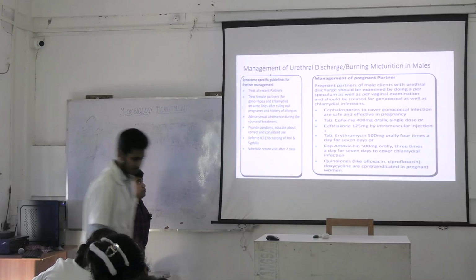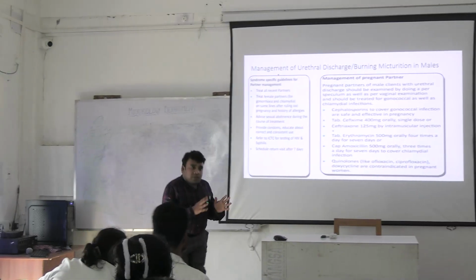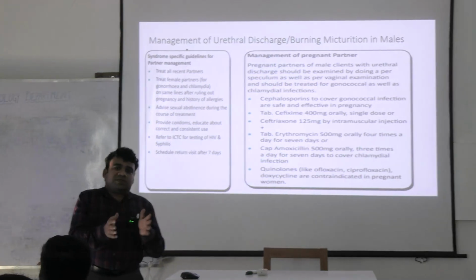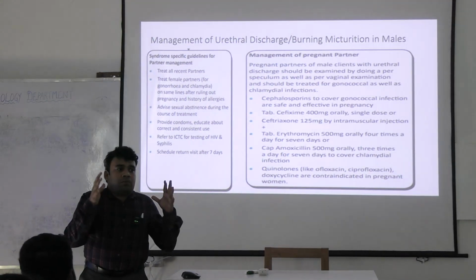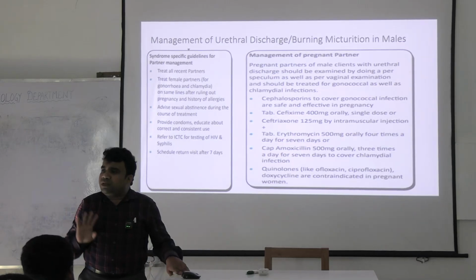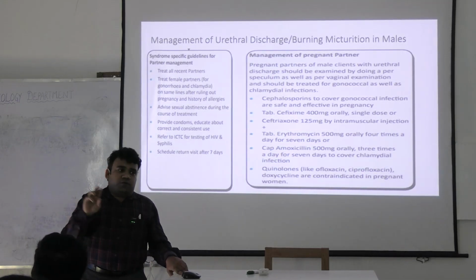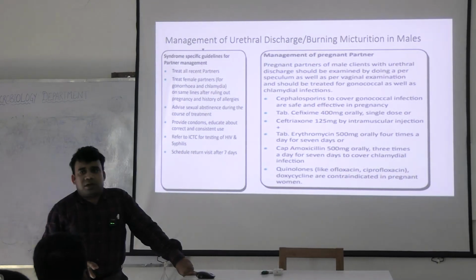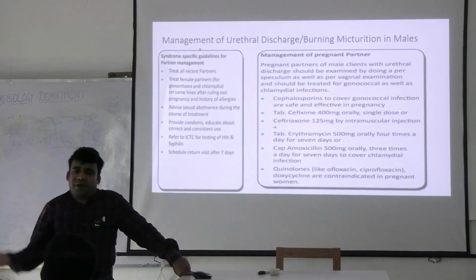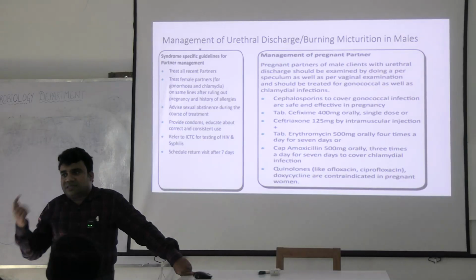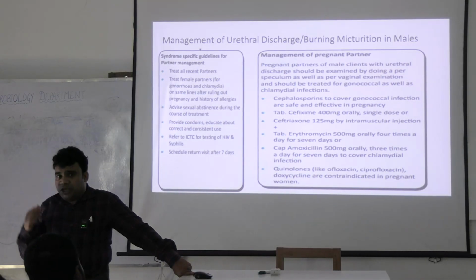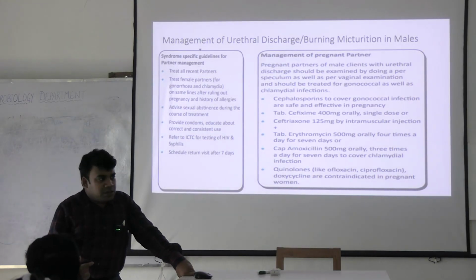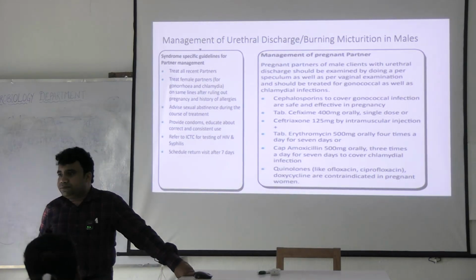Now, try to understand this. This is an ongoing process. If the person has a partner, it is highly likely both of them are affected. So, if you treat only that person and if you don't treat his partner, what will happen? You will get better and get reinfected, and this cycle will go on. If we need to interrupt this cycle, we need to treat both the patient and his partner.